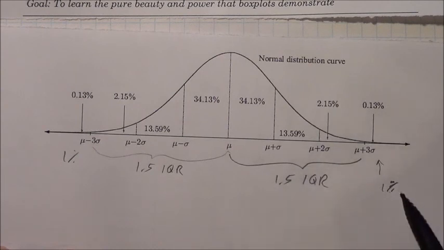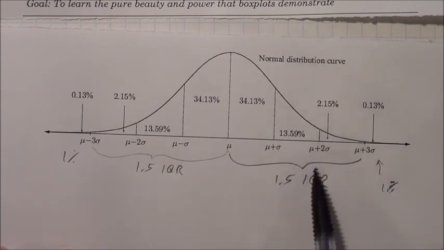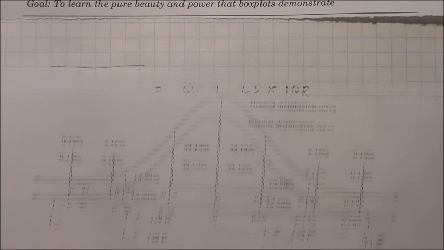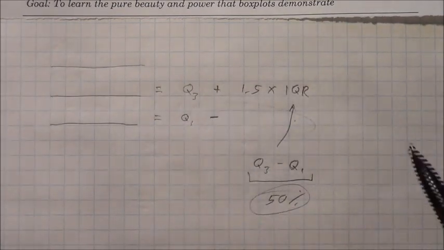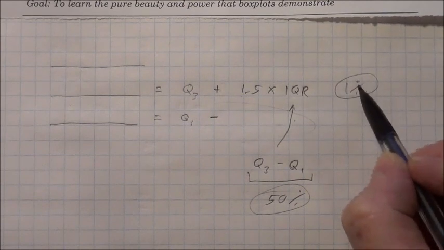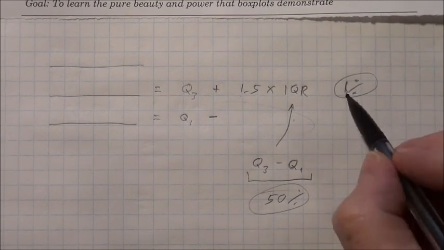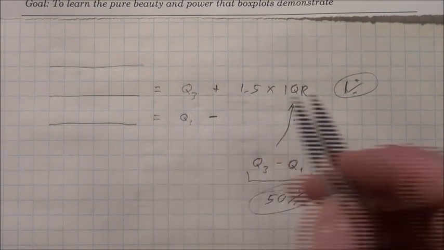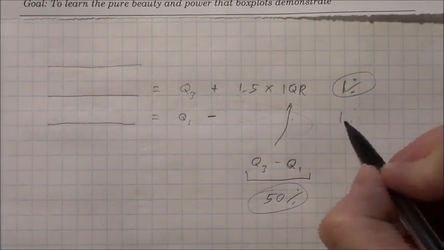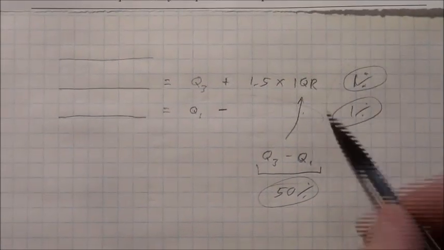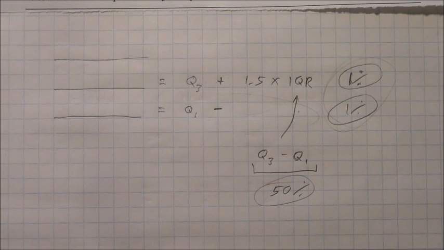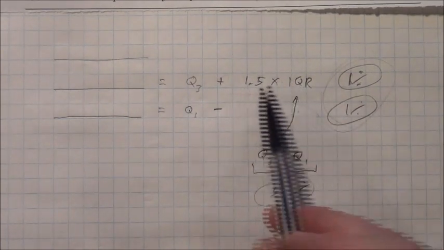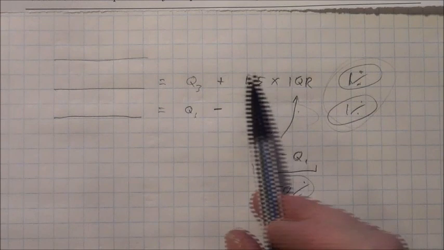So that tells us if any value is 1.5 interquartile ranges above Q3, then we've got about 1% of the data that may be an outlier at the top end of the data. And if we take that same amount below the lower quartile, we've got about 1% that's an outlier below. So we're only looking for those really, really extreme values of 1%. So that's why they chose 1.5 as opposed to just one interquartile range, added or subtracted, or even 2 interquartile